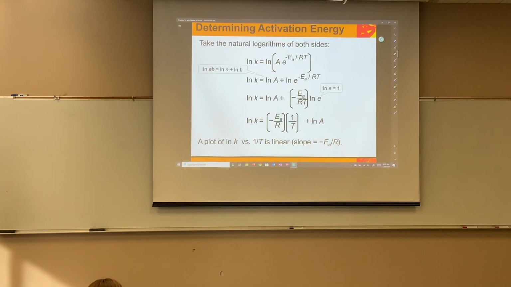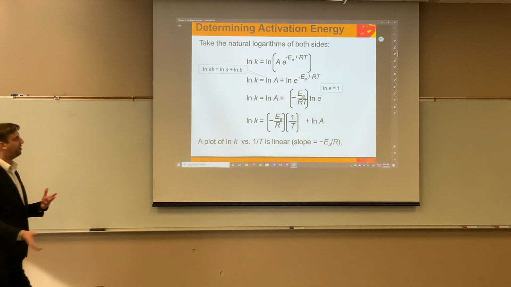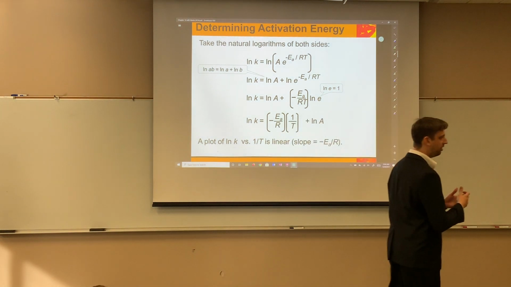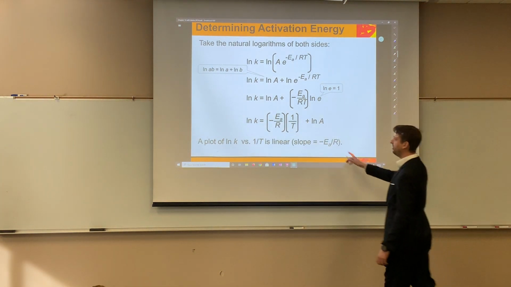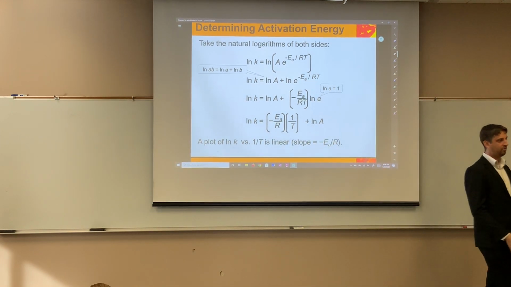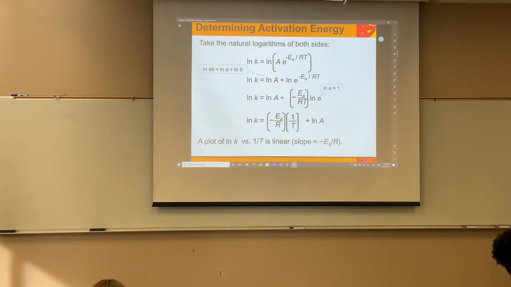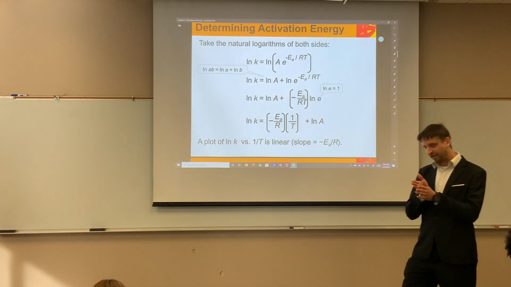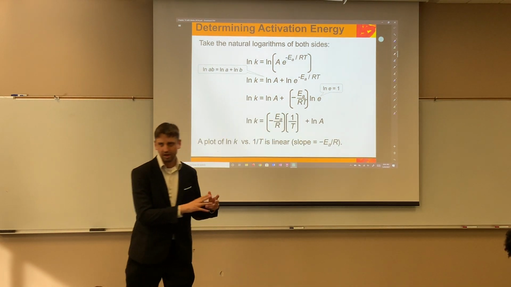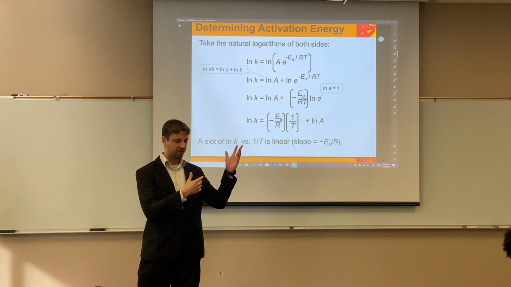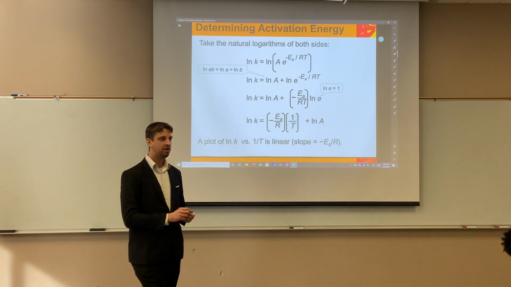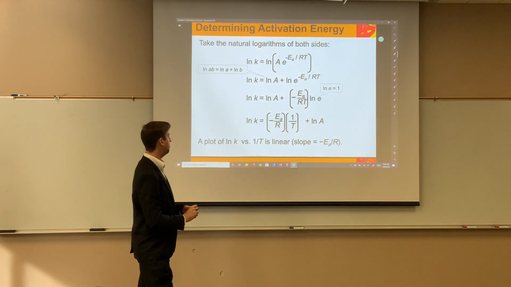now if we take all this, all we're gonna do is just rearrange this to make our equation into a linear form. That's all it is. Whenever you see something like this, y equals mx plus b, that's all we're talking about here. Why do we need to do that? Well, if we have a linear graph, then we can very easily get an equation from that line, and we can use that to predict the different conditions based off that equation. That's all we're trying to say with it.